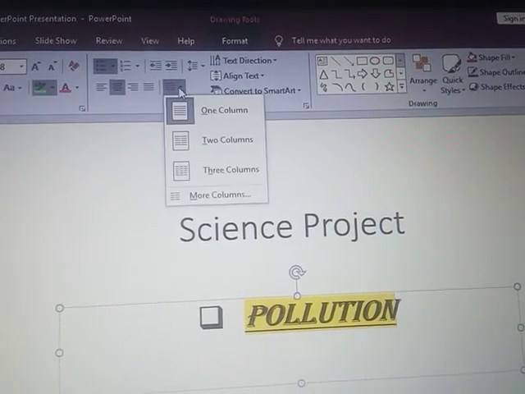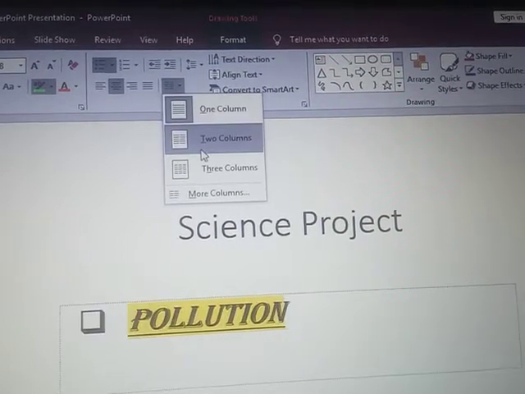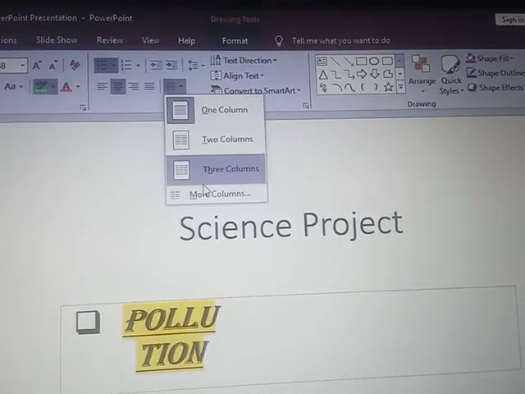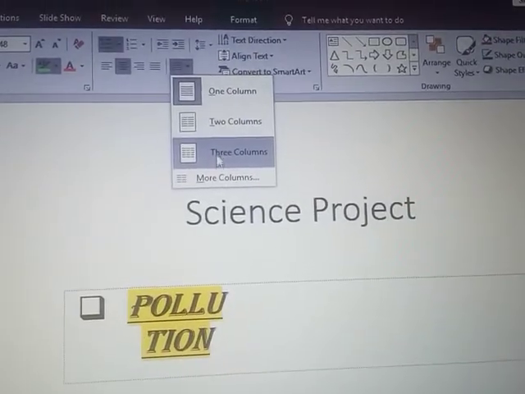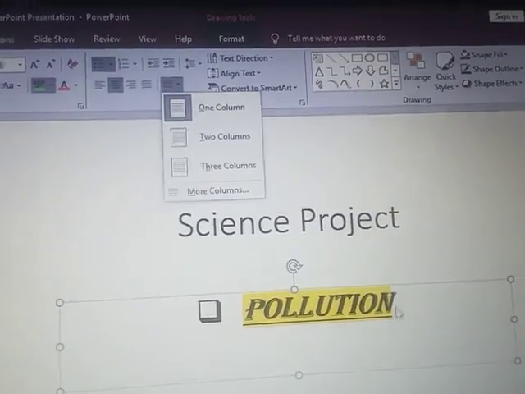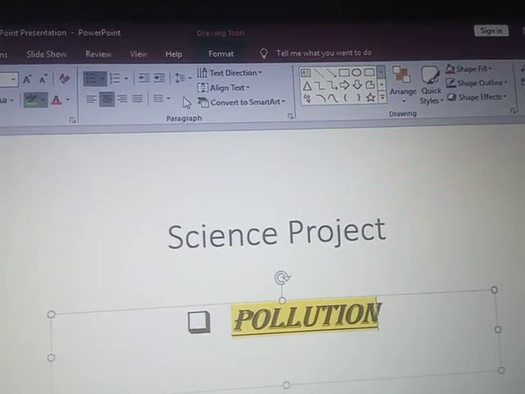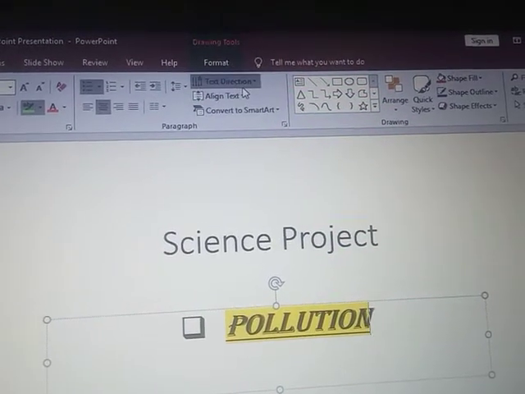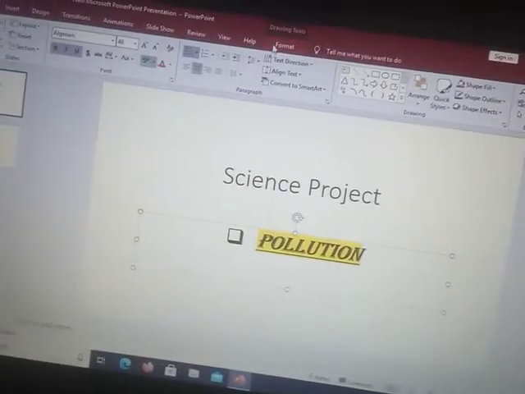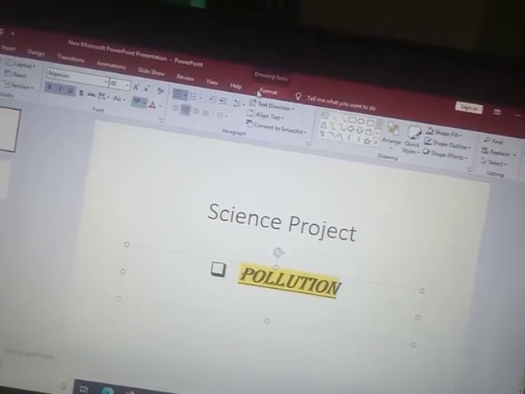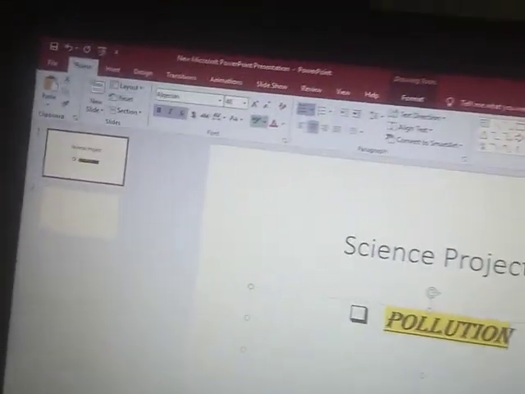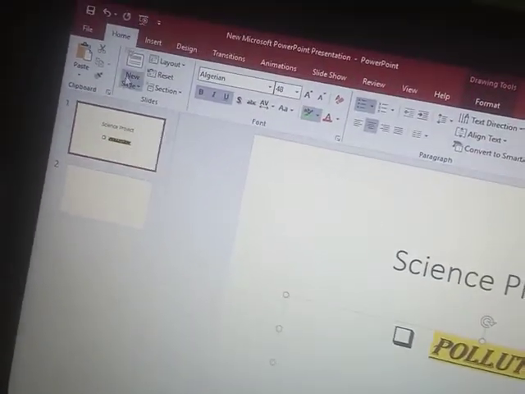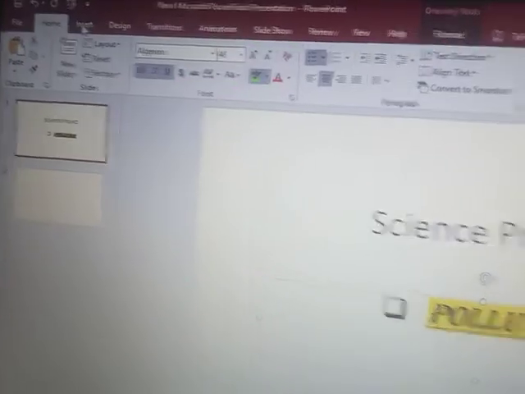This is for the paragraph. If you want to write in one column, in two columns, it will automatically separate your written text in this. In paragraph also, directions, alignment, means all the formatting you can do with the help of your settings. Now we come to, if I am making a new slide, I just come to the templates.